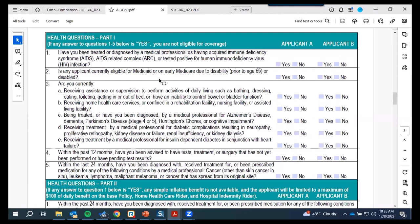So I'm not going to get too deep in this, and I'm certainly not going to read all this to you. But if you look at the paper app, this is something that I recommend you have open if you're doing sales at your office and doing it remotely. And even if you're talking in front of somebody, have it open or a hard copy of it, because this is where you can say, nowadays you buy these plans as much with your health as you do with